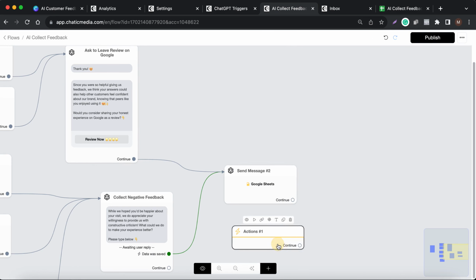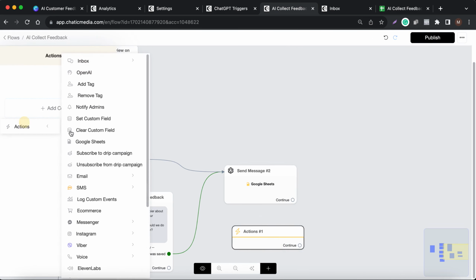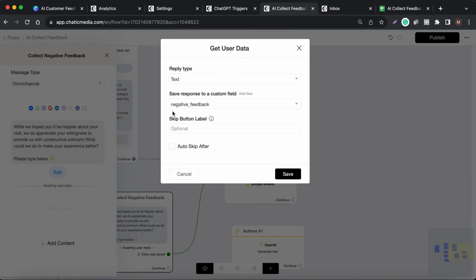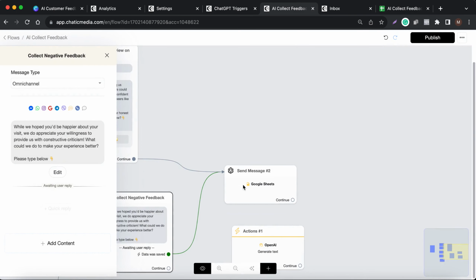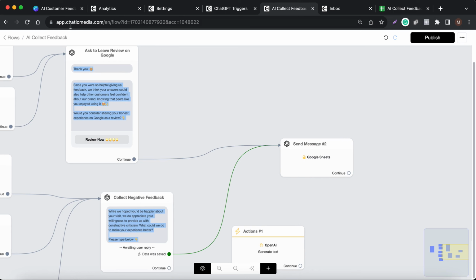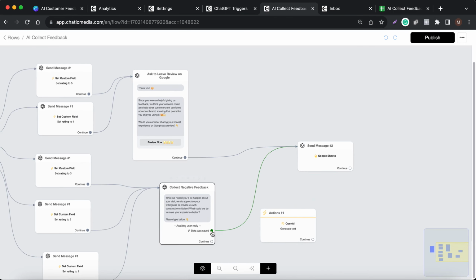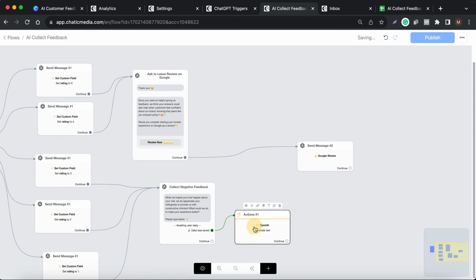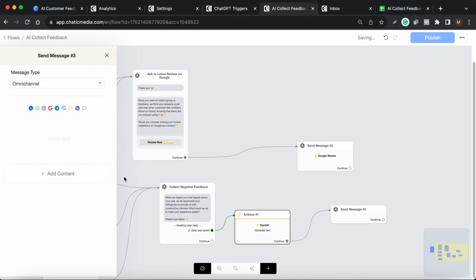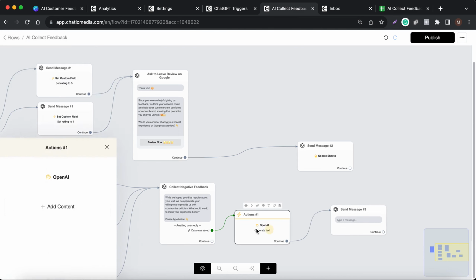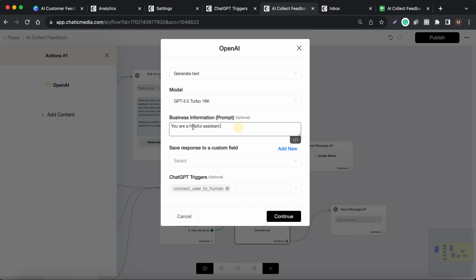Actions, and OpenAI over here. So this particular negative feedback is saved in this field, negative feedback. So what we can do is, before actually sending this information to OpenAI, let me do this. We can simply generate a text using OpenAI and send this as a message. So here, let me say,